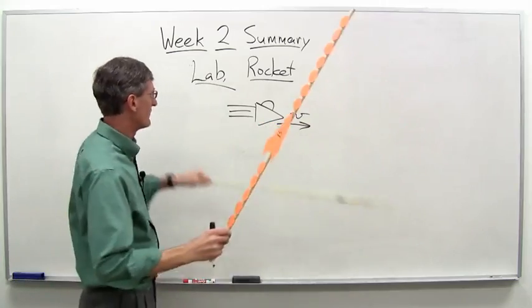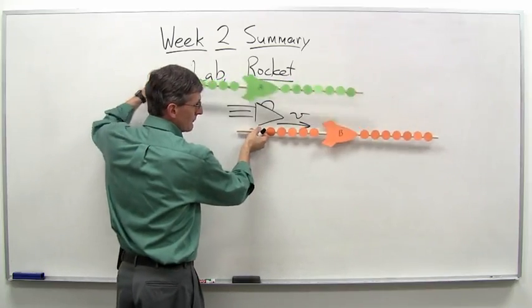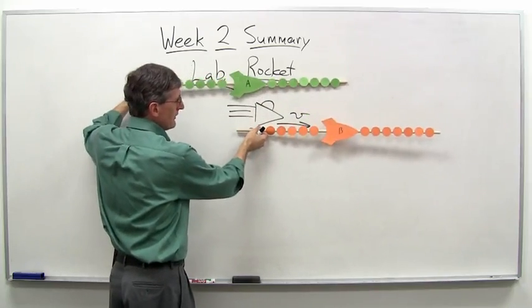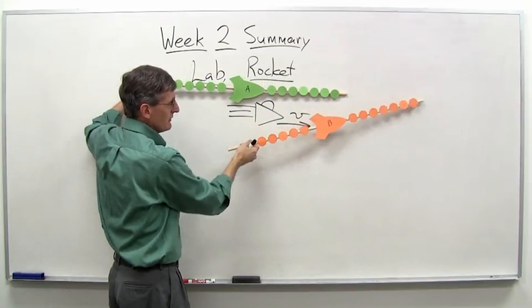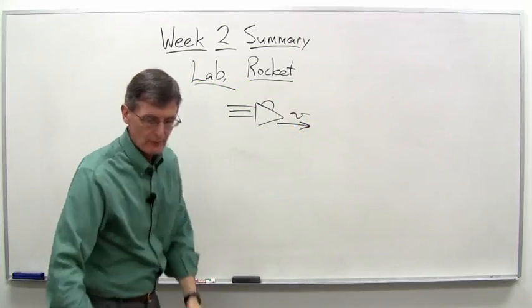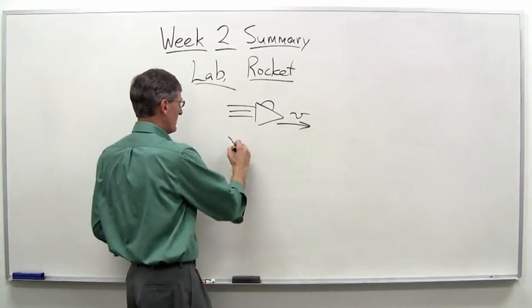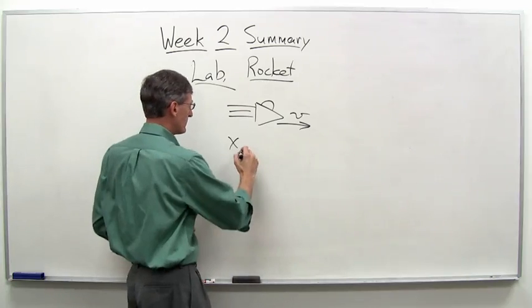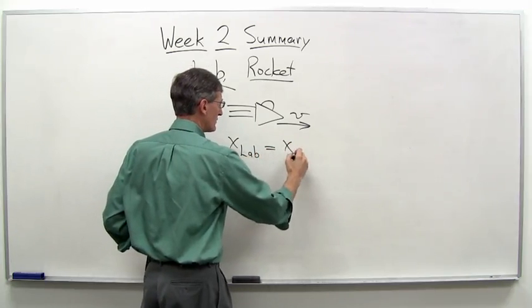The question is, what is that on? Let's say Alice is in the lab here. So Alice is stationary, watching Bob go by. Bob records something way out there. The question is, what is the location and time on Alice's clock at that instant of time? So here is the basic equation in lab and rocket terms. X lab equals X rocket